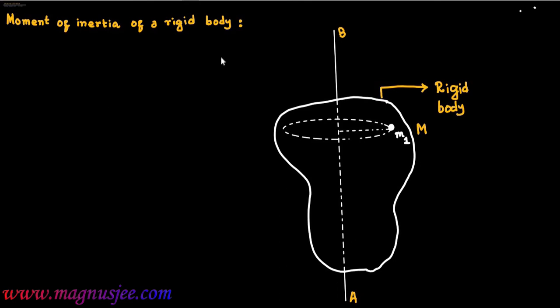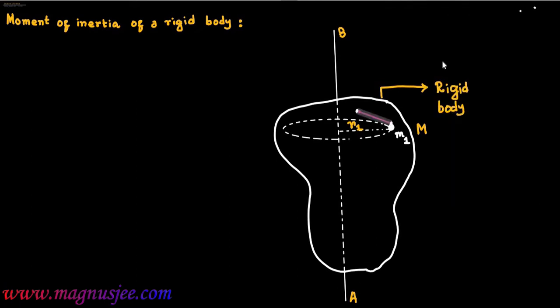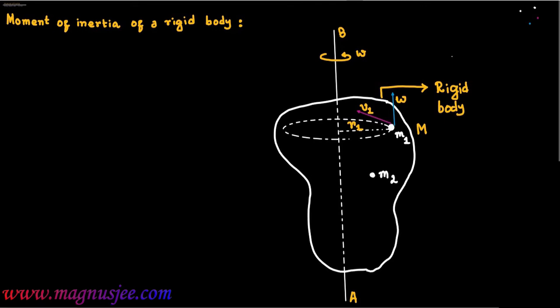When the rigid body rotates about the axis of rotation AB with an angular velocity omega, the first constituent particle of mass m1 will revolve in this circular orbit with a tangential velocity v1, and the rigid body rotates about the axis AB with an angular velocity omega. The first constituent particle will have the angular velocity omega in vertically upward direction, provided this rigid body rotates in